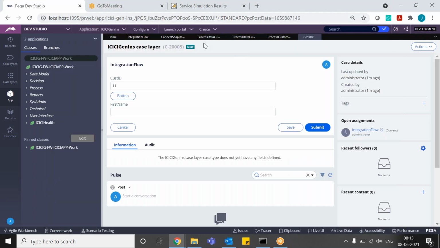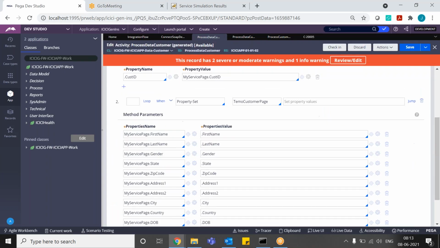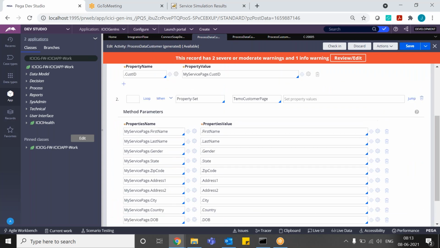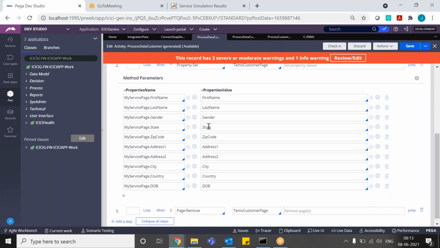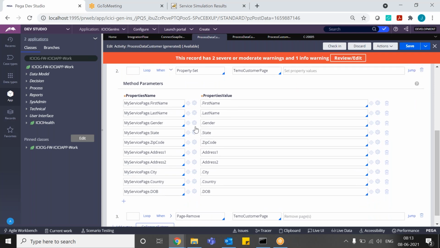Property set. Now open that activity. Then why is it not having the values in the temp customer page? It should have the values in the temp customer page now, after the OBJ open, in the second step.